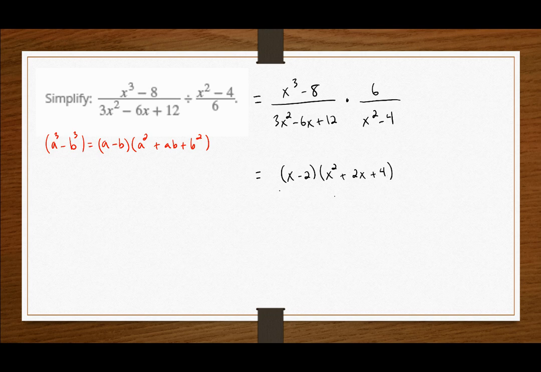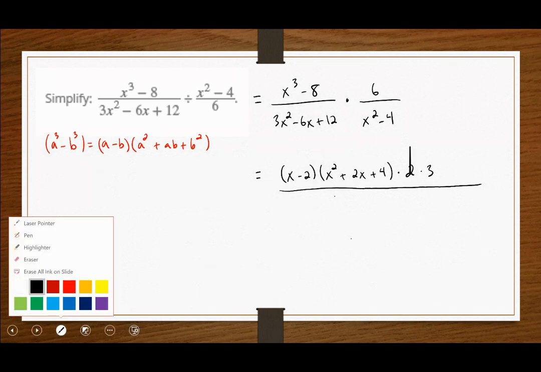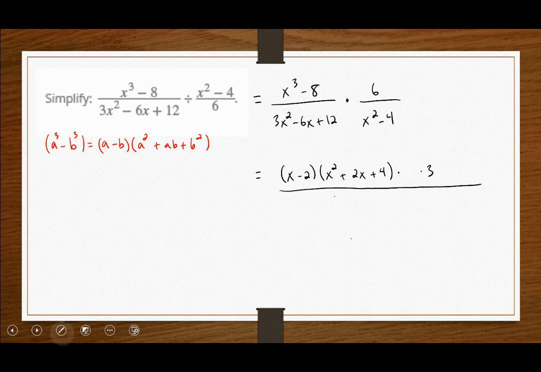And obviously 6 does not really factor. If we want, we can write it as 2 times 3 or just leave it as 6. For my denominators, I have in the first term here 3x squared minus 6x plus 12. That has a GCF that we can remove of 3. And then we would be left with x squared minus 2x plus 4,